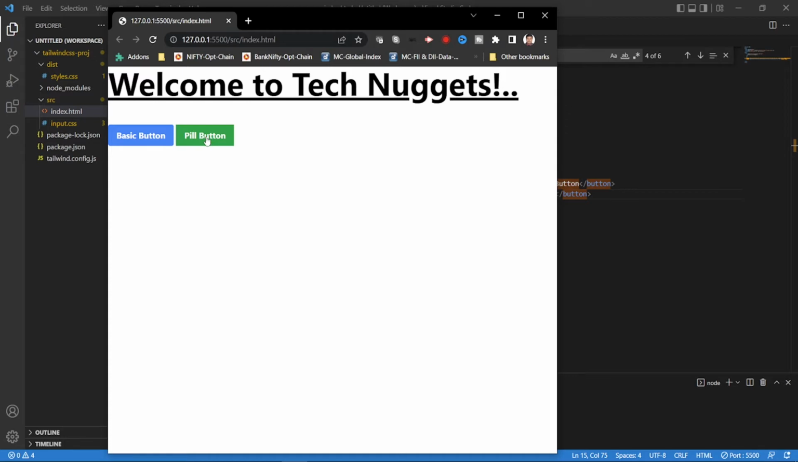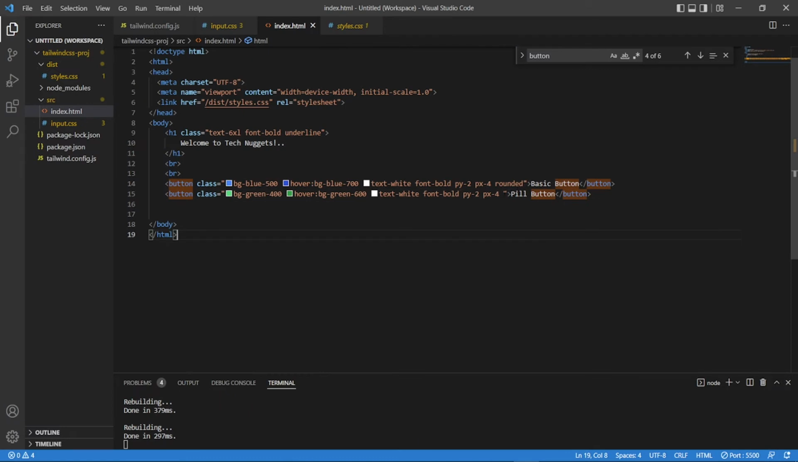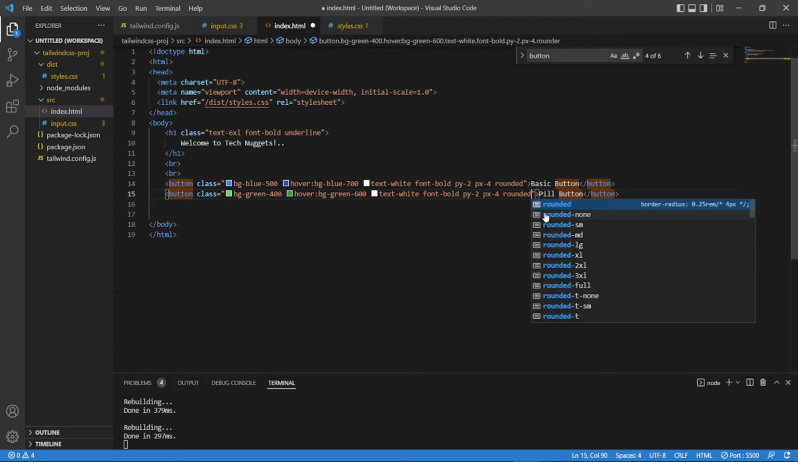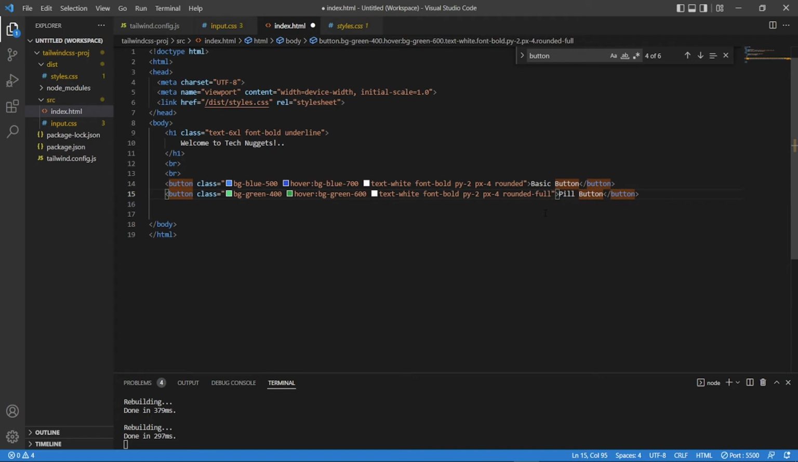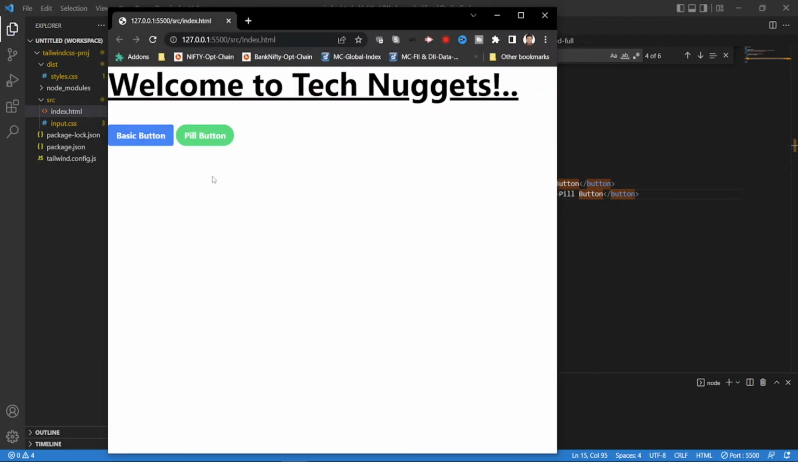This doesn't look like a fill button, right? So what do we do? Just add the Tailwind class rounded full. That's it. You'd be able to see the fill button. Okay,